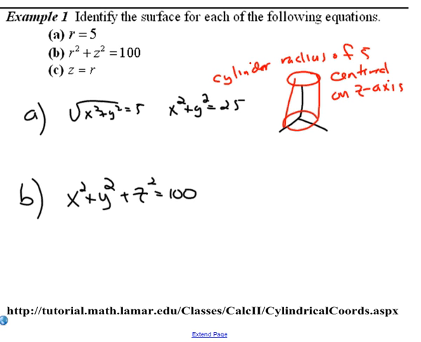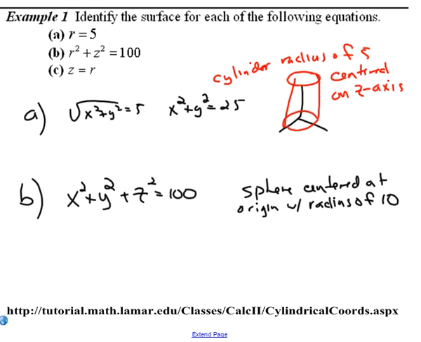And you should recognize that as being a sphere centered at the origin with radius of 10. Right, that should make sense. And then finally, if you look at z equals r, again, z is